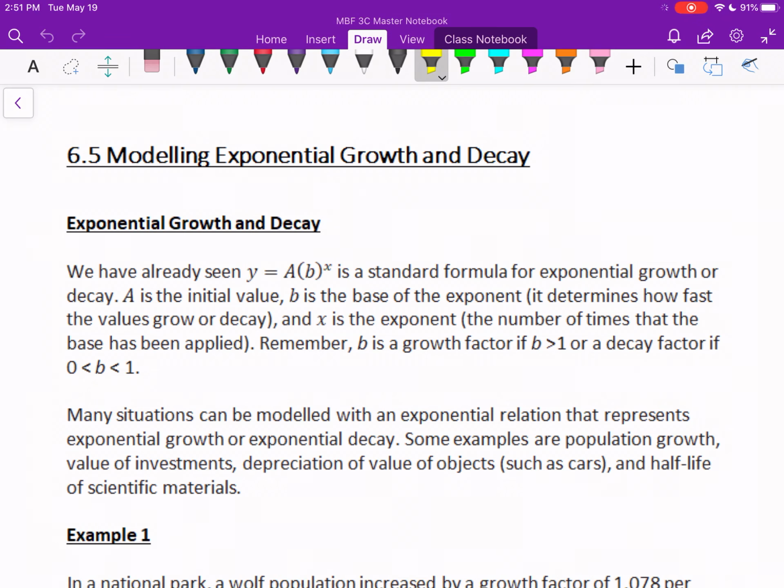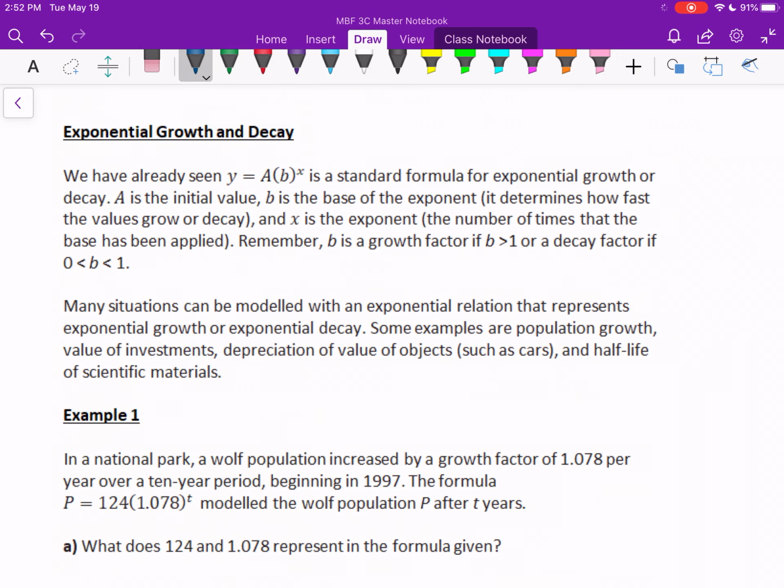In lesson 6.5, we're going to look at more to do with exponential relations. Remember, growth means an exponential relation which is increasing as time goes by, or as you read a graph from left to right. Decay means that something is decreasing, or if you're looking at a graph, it's going downwards from left to right. We've already seen in our last lesson that exponential relations can be represented with this equation,